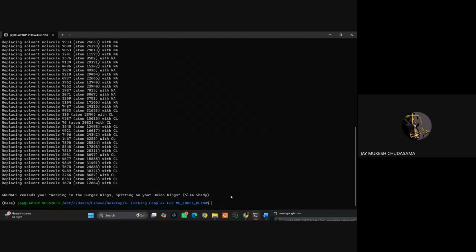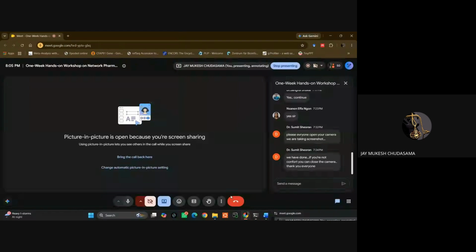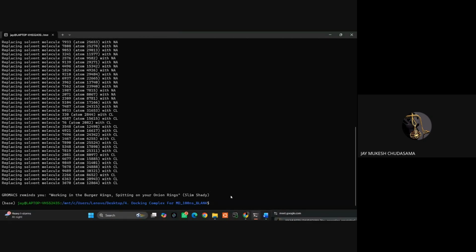Okay, these commands add different kinds of solvates, or we can say mimic the biological system. It will generate the calcium molecules and sodium molecules into that grid box, or grid dimension. Okay, after that the next command is